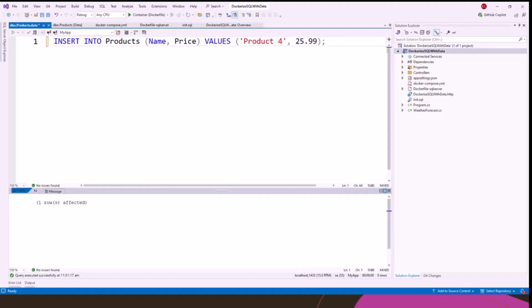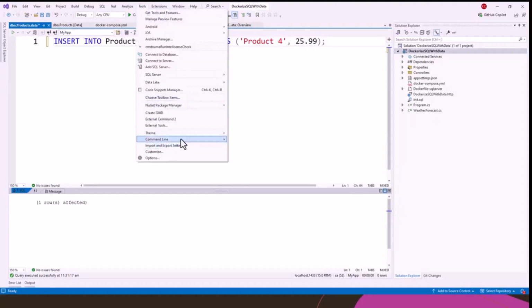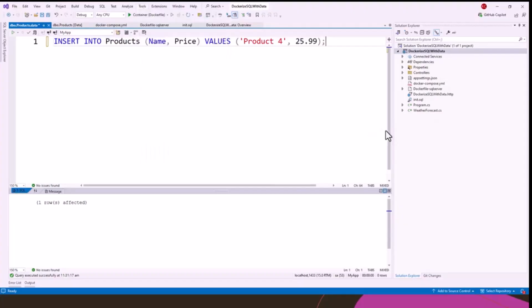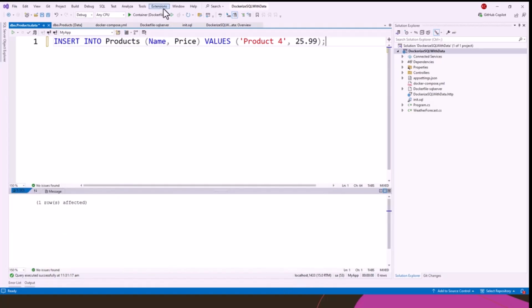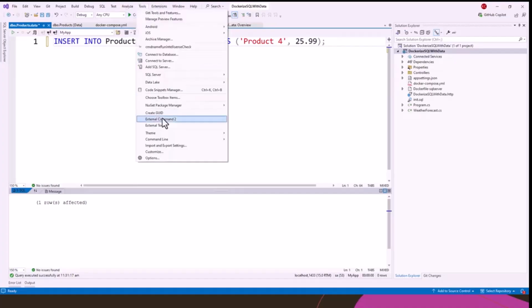What I will do is stop the container. First stop the container and then start it again, for this change to take effect. All right, so tools again and command line. Our PowerShell was running here in this position, so I can keep it as it is, or take a fresh developer command prompt or developer PowerShell again,